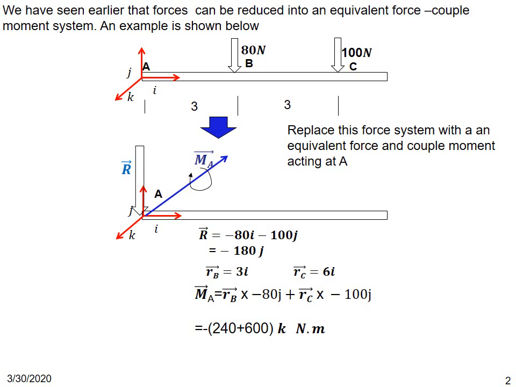acting at point A, which is the vector sum of the two forces. And if you identify a couple moment MA, which is equivalent to the moment of forces 80 Newton and 100 Newton about A, then we can find that couple moment MA at the location A. So together, a single force and a couple moment is equivalent to the force system we started with, which is 80 Newton and 100 Newton acting at points B and C of the